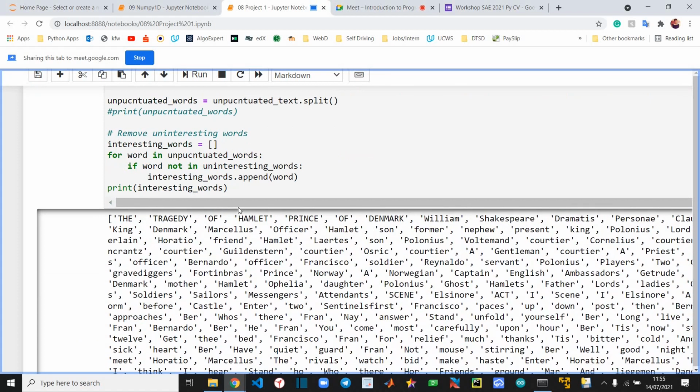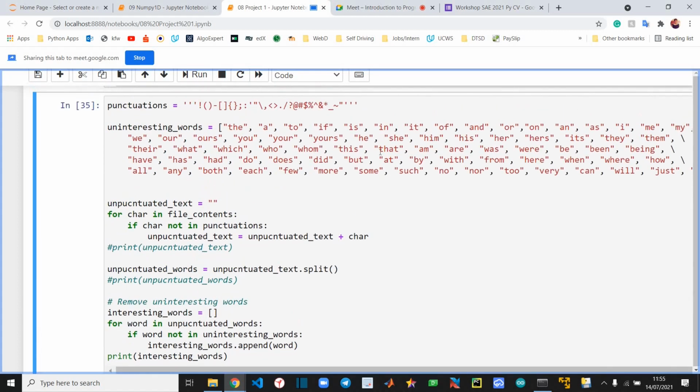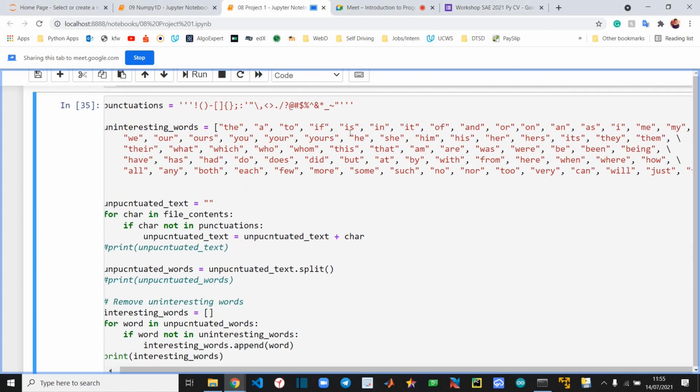We cannot per se see what happened here, but I can assure you that uninteresting words are not there. But you will say this "the" is not an interesting word, we need to filter this out. Where is the "the"?